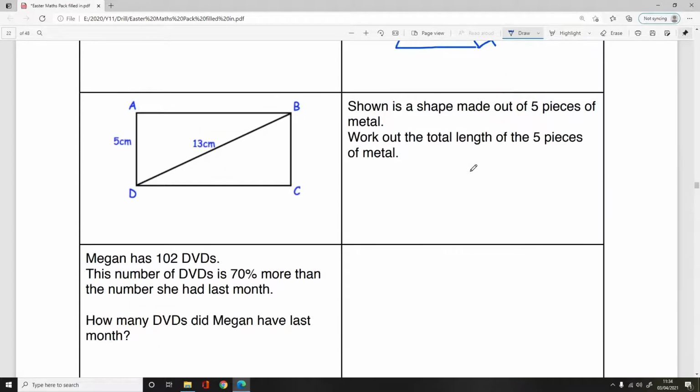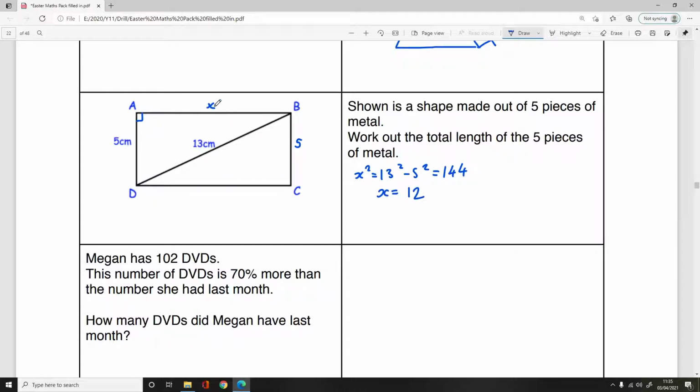Okay, shown as a shape made out of 5 pieces of metal, work out total length. So what is this? We want to know the lengths of these sides. This is clearly a 5, because we're assuming this is a rectangle. I guess they should really tell us that. But we need to find out this. How are we going to do that? Well, this is a triangle, this is a right angle, so this is Pythagoras. So x squared is 13 squared, take away 5 squared, which is 144, and square root that together,